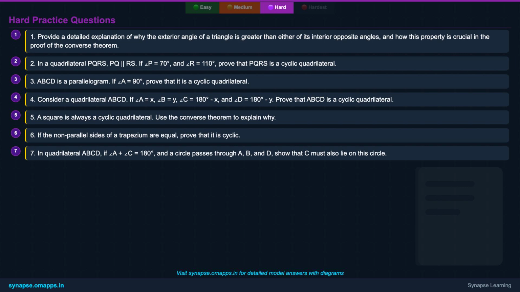with other geometric principles. These questions might involve deductive reasoning, combining multiple theorems, or applying algebraic concepts. Take your time, draw diagrams, and think through each step carefully. Pause the video here, tackle these problems, and then come back to check your solutions. Your mastery of this topic will truly shine through these exercises.